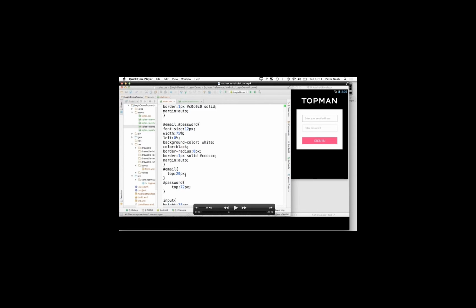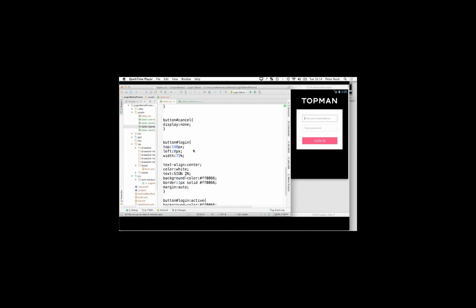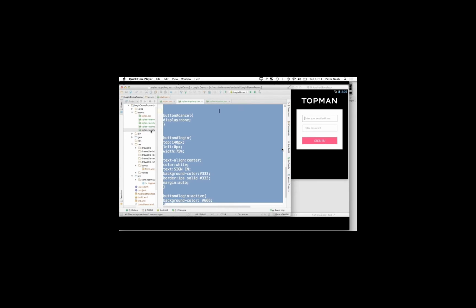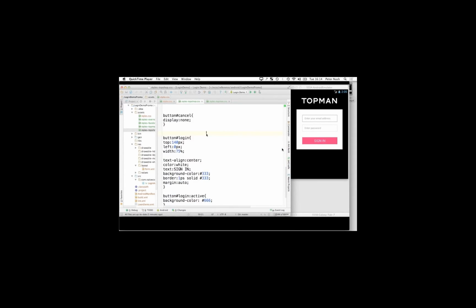And these set quite a lot of styling preferences, all of which are very simple to research and reference. This is standard. And right down at the bottom, we're referencing the login button here and changing the background color, say, to add a brand hint. So the reuse really kicks in when you start